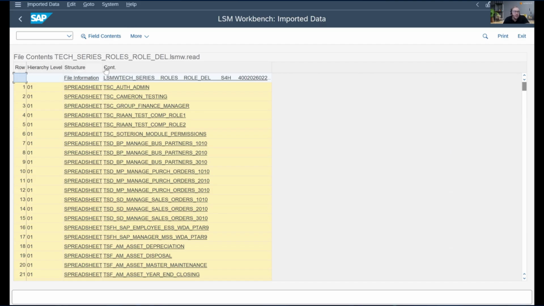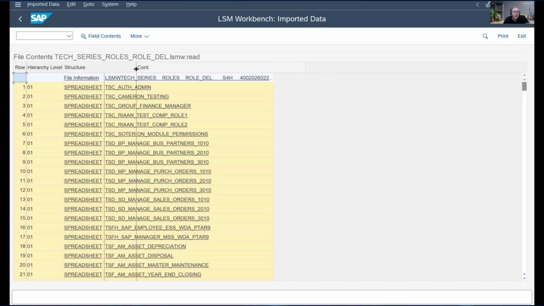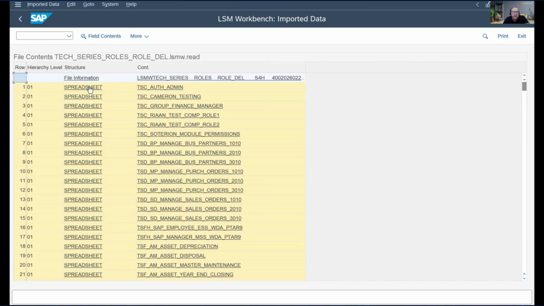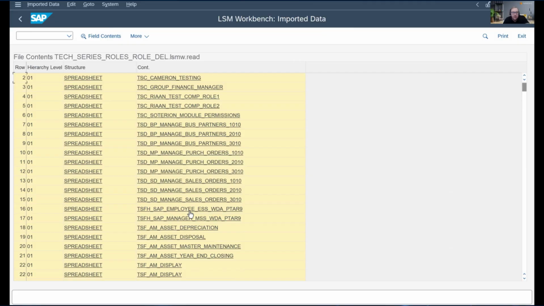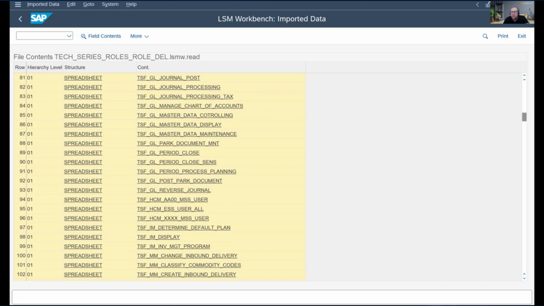So in this file, the conversion that we are looking at, so displaying of the data that's been read, it's coming from a spreadsheet. It is all of the roles that is in that file. And if you go to the bottom, then you will, of course, see that it is all the way to line item